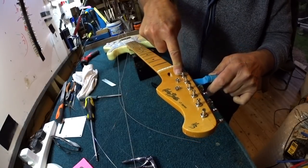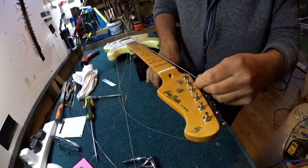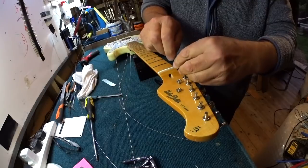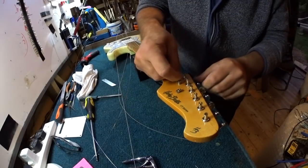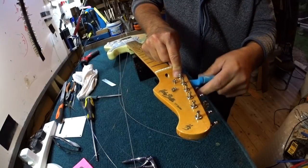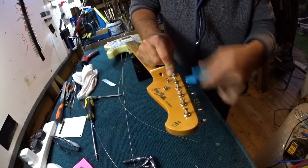Oh, look, it did that thing, see? Put them in and it pulled through further, so I can cut this bit off as well. That's when the ball doesn't go all the way through the block. Anyway, caught it just before I tightened it up. Okay, so